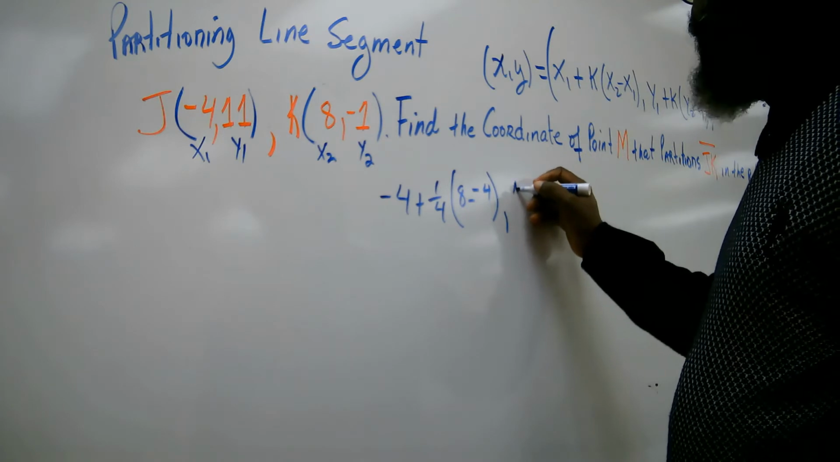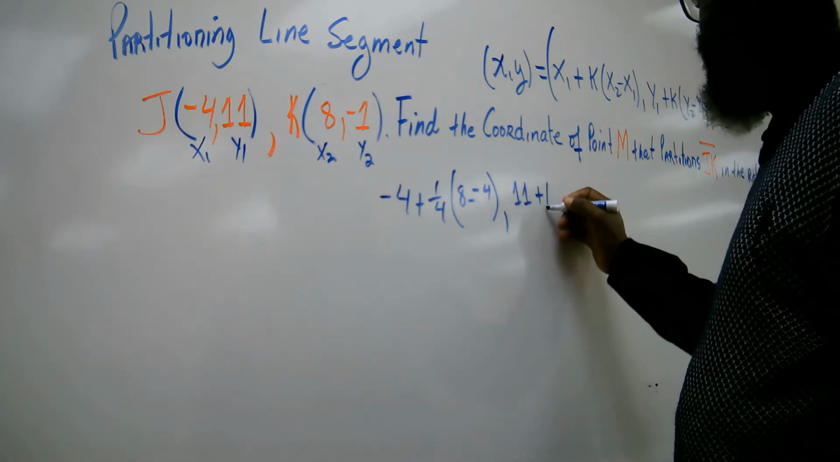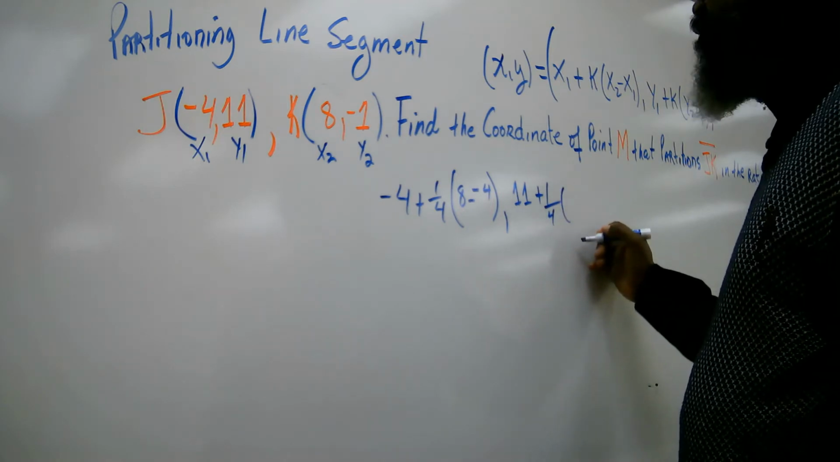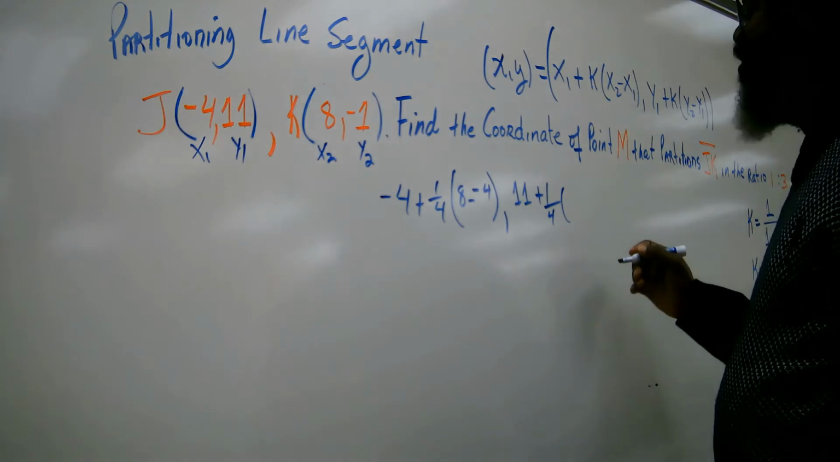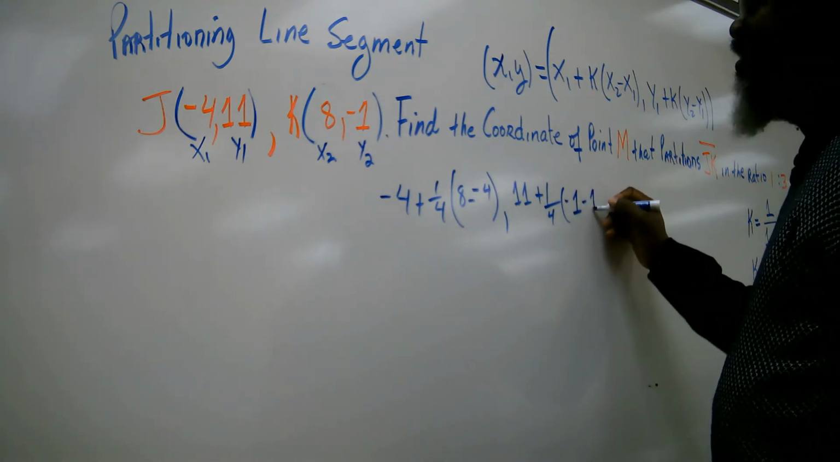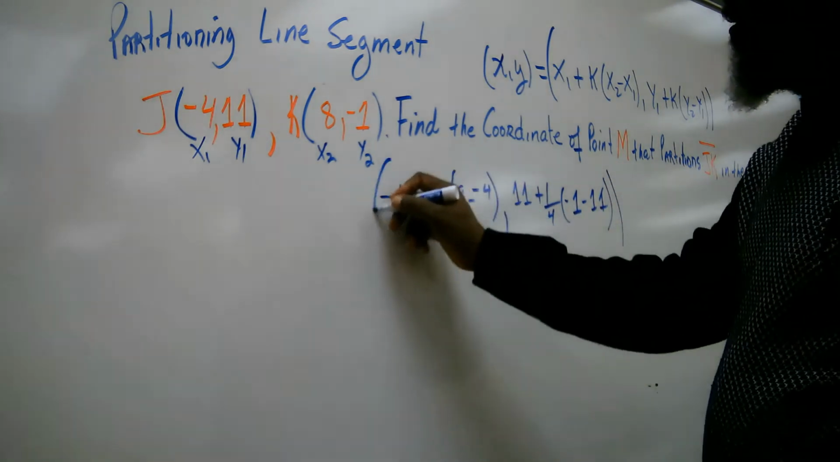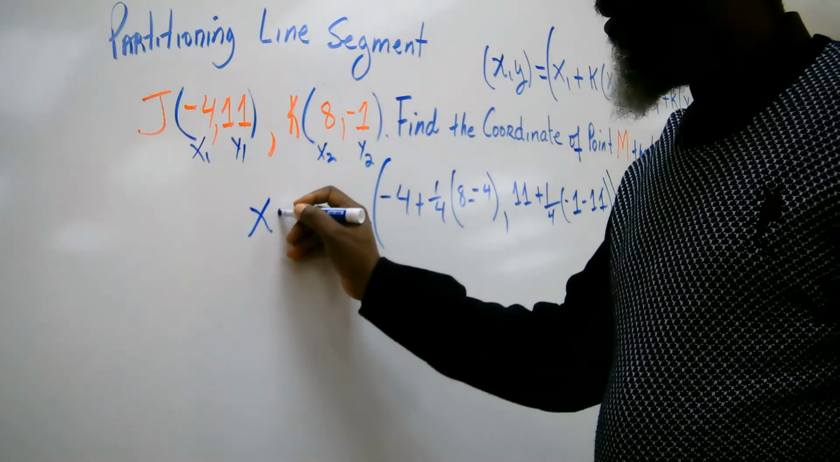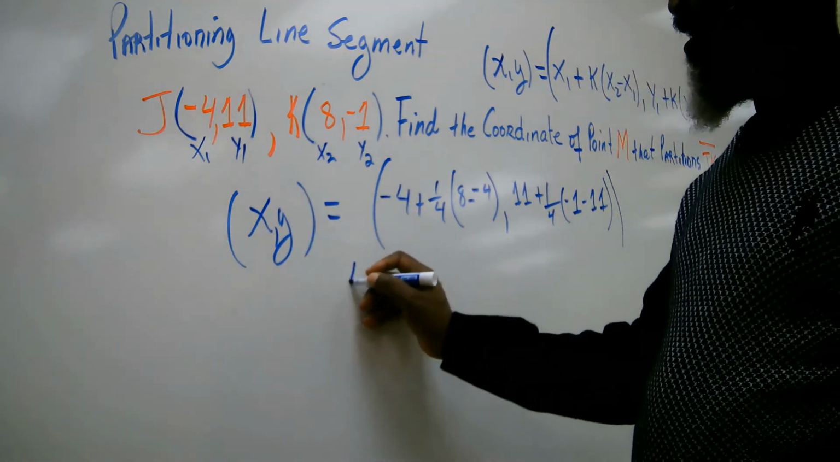y1, which is 11, plus K, which is 1/4, times the difference of the y coordinates, that will be -1 minus 11. Now we can work this out to find your xy on the coordinate. So you will have xy